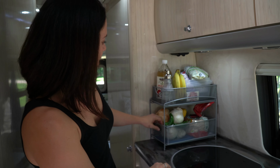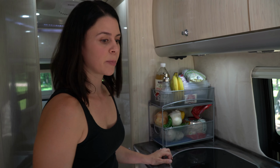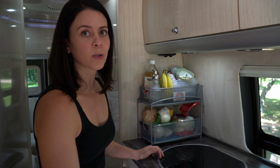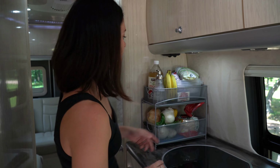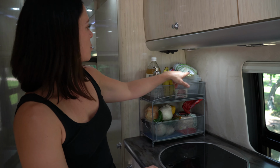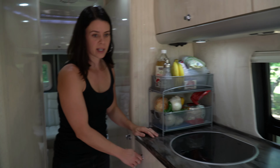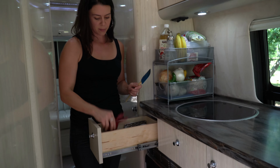And I love it. So onions, things like tomatoes, peppers, any produce that I don't have room for in the fridge, I'll put here, and then as room clears up in the fridge, I'll transfer it down into there to help make it last longer. But like tortilla shells, pepitas, rice, any open items that I currently want to make sure I don't forget about, I'll put that there. Moving on here, we have utensils, spatulas, measuring cups,